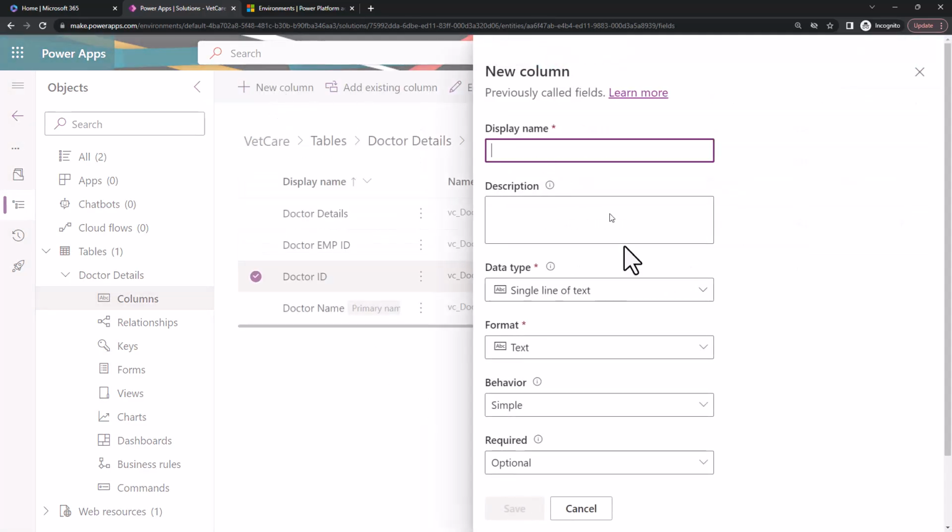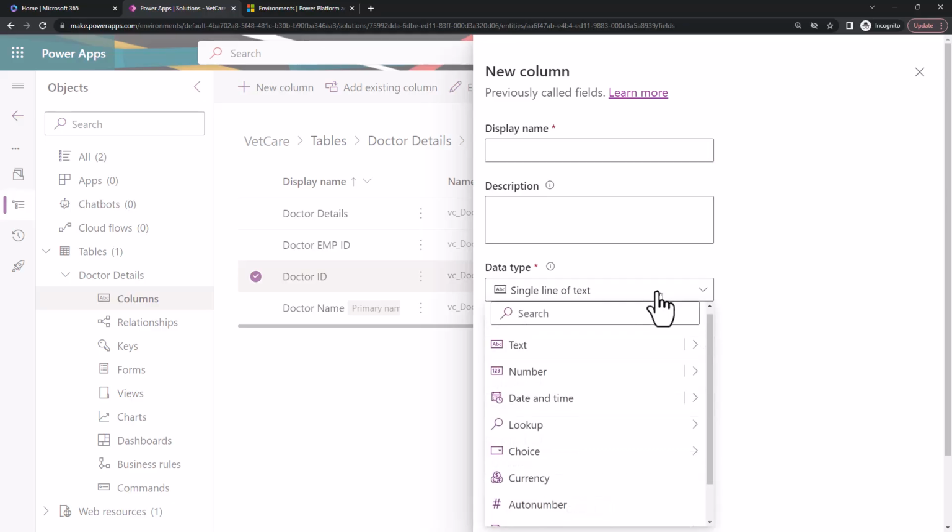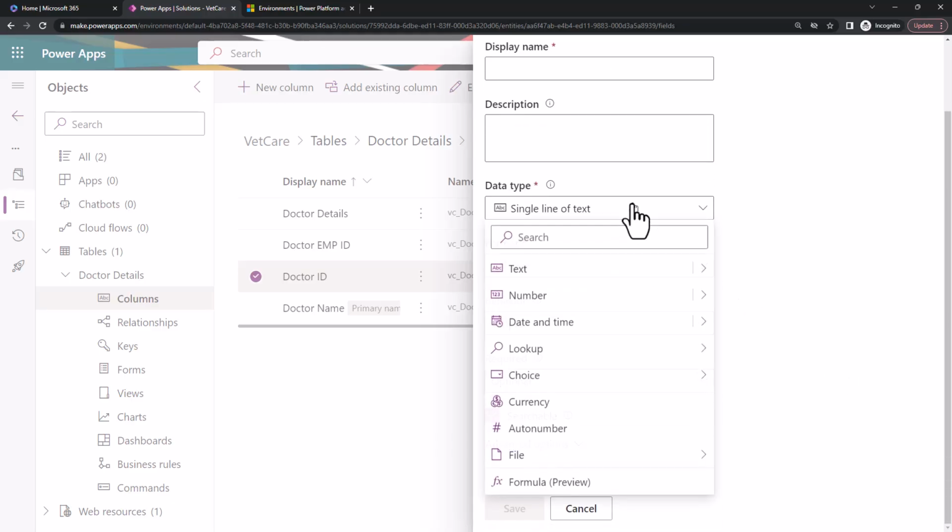I'll show you another data type which is tricky and interesting, which is choice. Because we need choice to define gender, or we need choice to define the location details, like the name of the city, all those things. Also there is another thing called lookup. We will discuss that lookup again. Now when you click on choice,